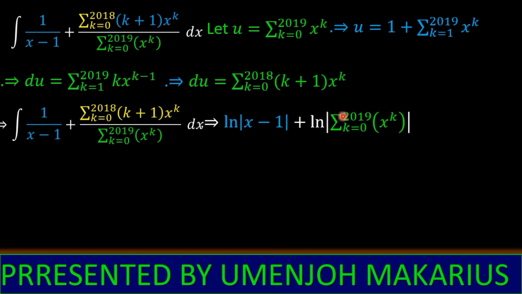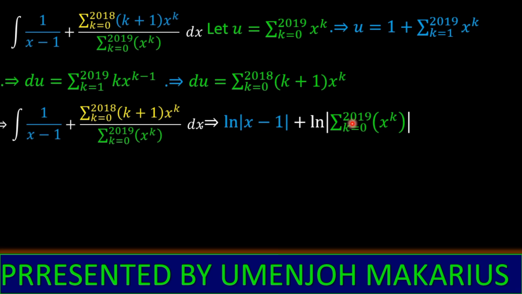So we have the natural log of the series as k goes from 0 to 2019 of x raised to the power k. Okay, now guys, at this point it will be highly unreasonable for us to convert this series function into natural logarithm, but we are done, guys. We are done with the integration, but let's write it in such a way that it might look appealing. So we may want to picture the series as k goes from 0 to 2019 as a